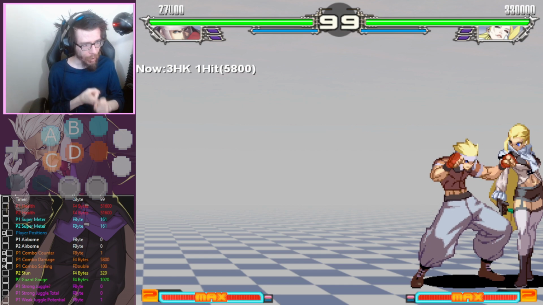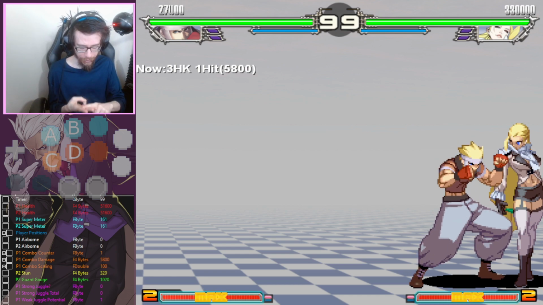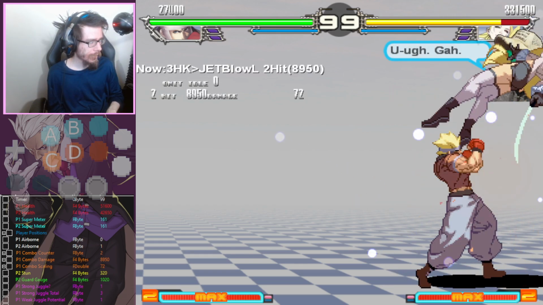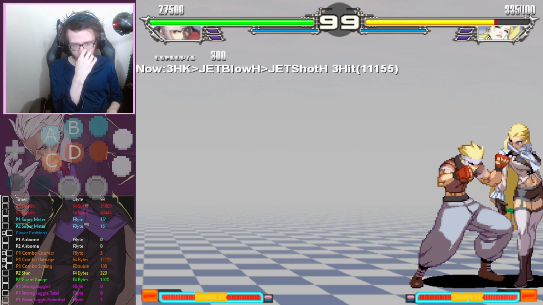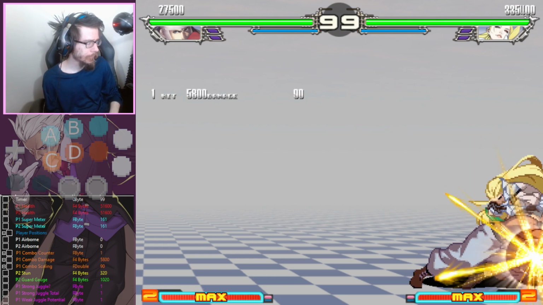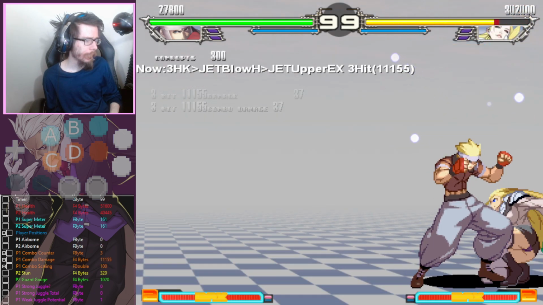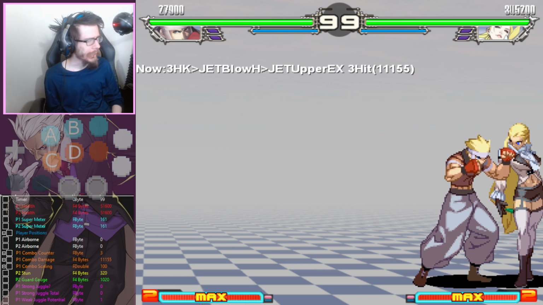So ducking sweep is objectively the way to go if you can do it. If you're not doing ducking sweep, then the most you can hope for is 1, then 3, then 5. And then the next hit's guaranteed. So... Okay, it doesn't cancel to the EX version of itself. That cracks the juggle limit, so I can't do that. I'd have to do...